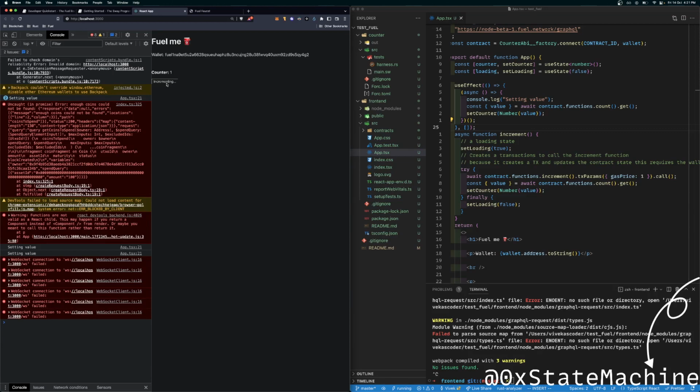This is cool. We can actually increment things. It's very instant. I love it. Alright, I'm gonna take a small break and then we'll be back in some time.